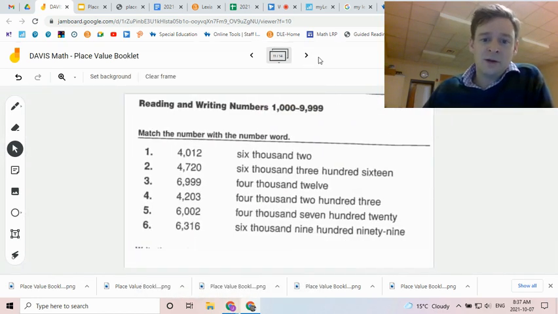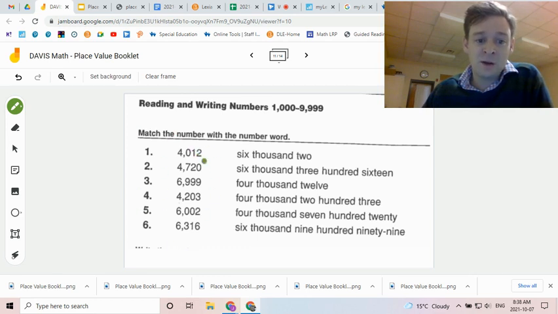All right, we're down to another matching activity, just like on the first page. And this time we're matching 4-digit numbers. So we're working in the thousands, and we want to match the standard version of the number, so the number version, with the word version. So I'm just going to read the column of word versions. The first one is 6,002. 6,316, 4,012, 4,203, 4,720,